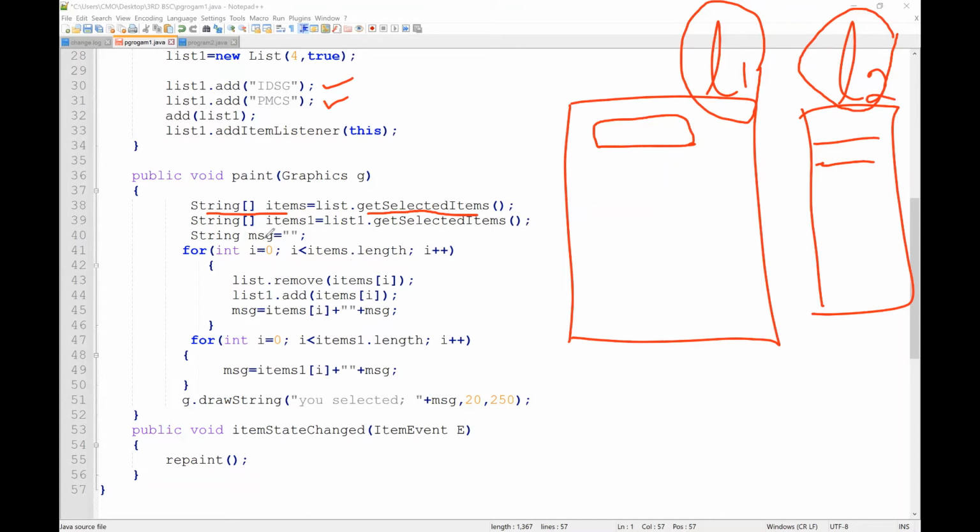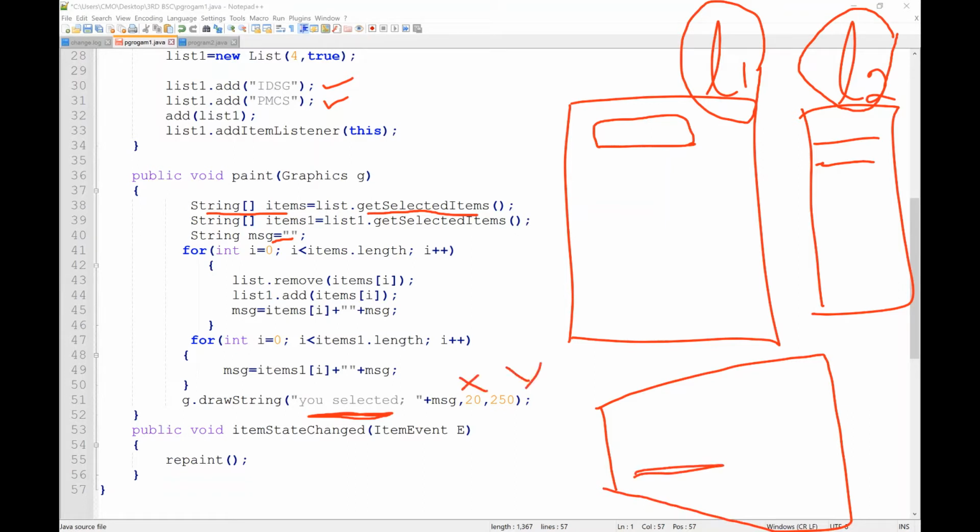This message will be this one: "You selected". It will be displayed in your applet, like here, at the location X value and Y value. If you are selecting Java, it will be displayed like "You selected Java".